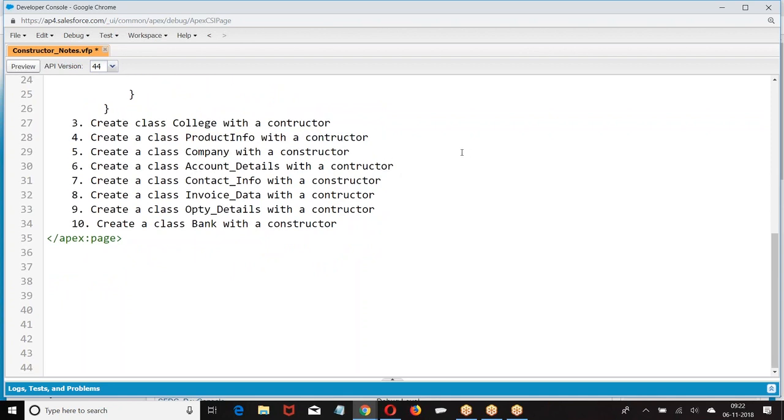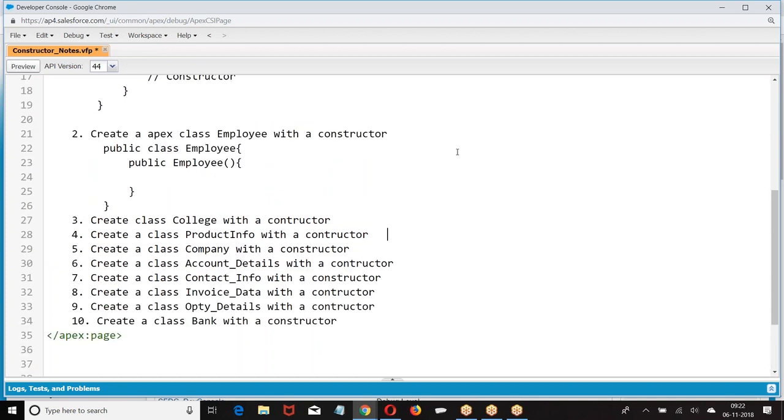Here for the method, why are we not using any void? Constructor will not have any return type. It is not invoked. It is automatically called. It is not called by you. It is automatically called by the system when you create an object. Constructor will not have any return type because it is not a method which you invoke. Generally, we invoke the functions. But here, the constructor is automatically called. It is not going to return any value.